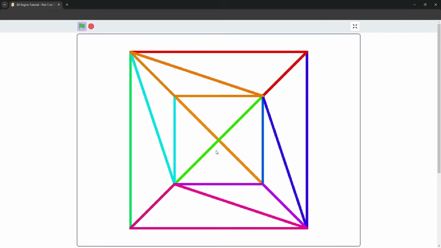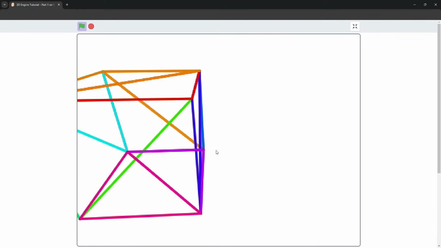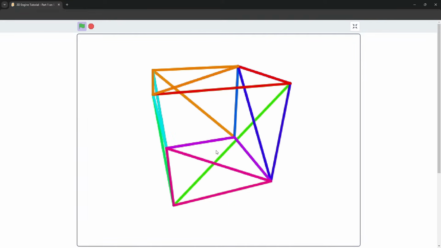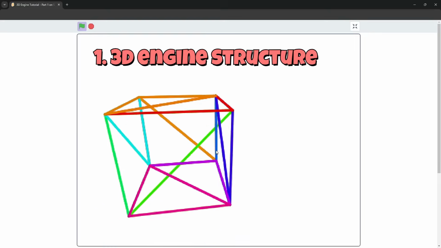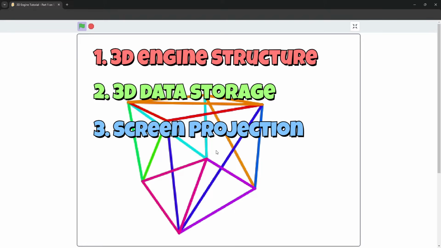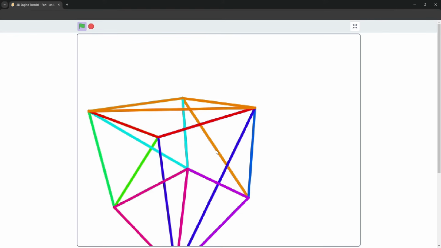Hi everyone, I'm Chromecat, and today we're going to be making this. It's a 3D engine from scratch, in Scratch. This is the first part of a 3-part series that I'm making, and in the next 35 minutes you'll learn how a 3D engine is structured, how to store vertices and triangles in lists, and how to do screen projection and rotation matrices. Of course, a 3D engine is pretty advanced for Scratch, but I'm going to try my best to explain